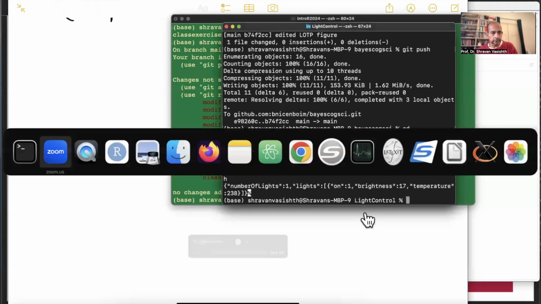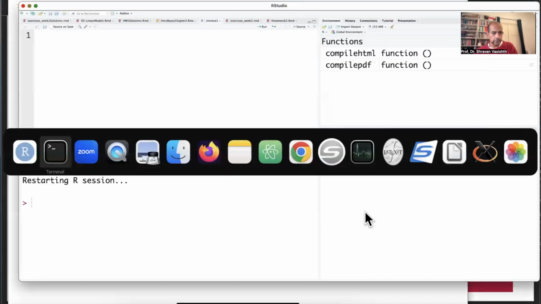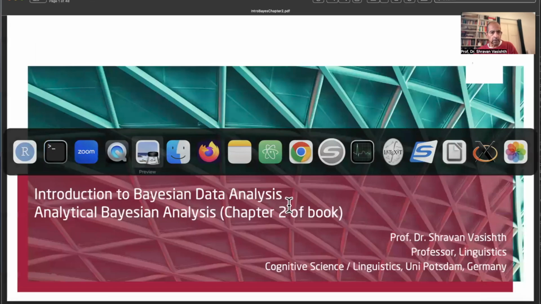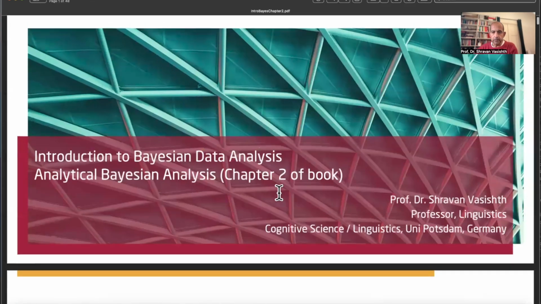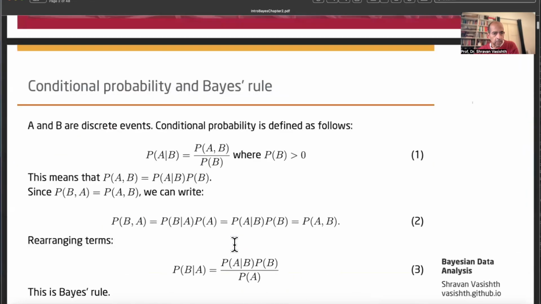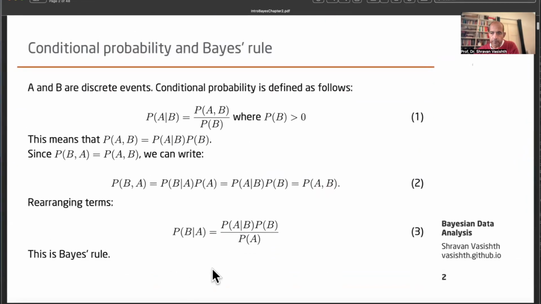Okay, so in this lecture, I'm going to present the material in chapter 2 of the Bayesian textbook. I'm going to start sharing my screen so you can see my slides. Right, so here are the slides for the lecture, and we're going to start by talking about Bayes' rule, which I believe I